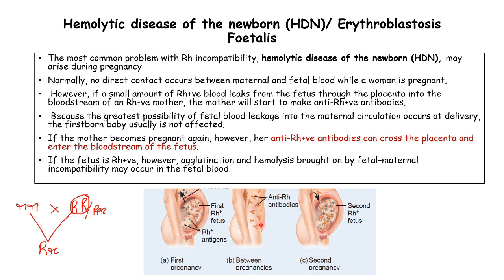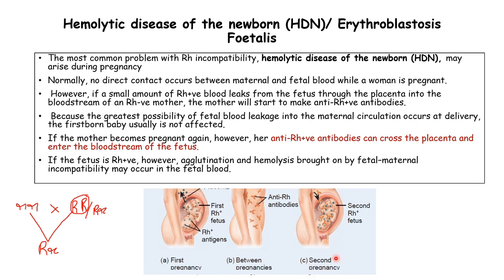So that will not cause any reaction in the maternal body, because the antibodies are generated against this Rh positive, some amount of Rh positive blood. The mother being Rh negative, she will not suffer from any complication having these Rh antibodies in her. And all the problems arise in the second pregnancy if the Rh incompatibility is